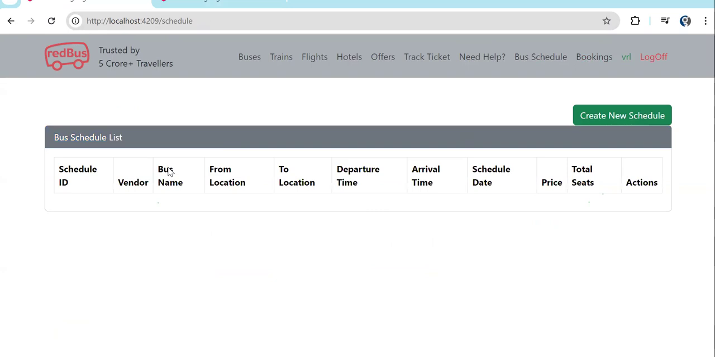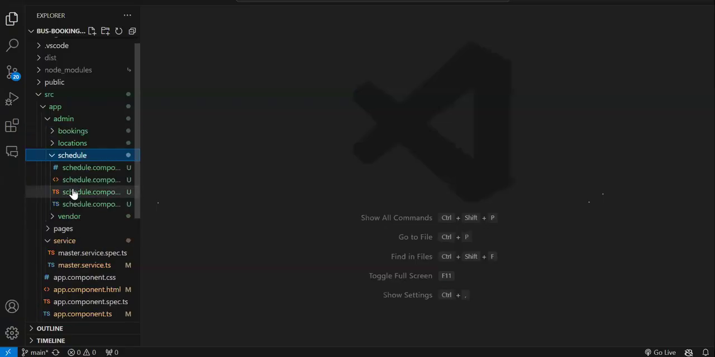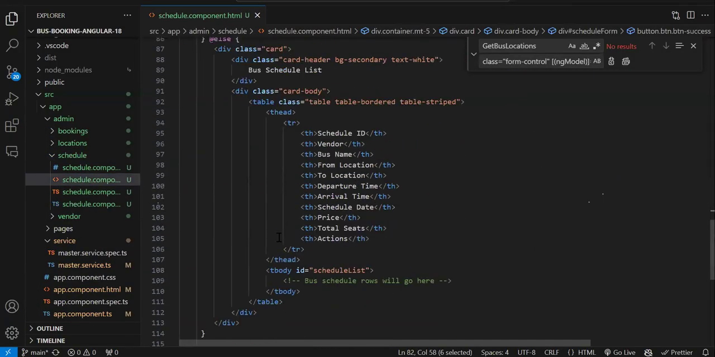We didn't show the bus schedule we have created. Let's show that also quickly. In the schedule component, we have the table, right? So inside this table, we just need to show the schedule, whatever schedules we have created. So for that,